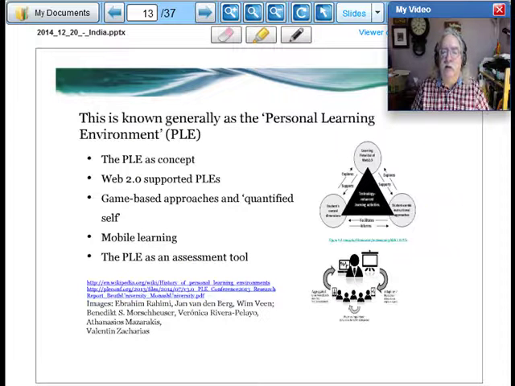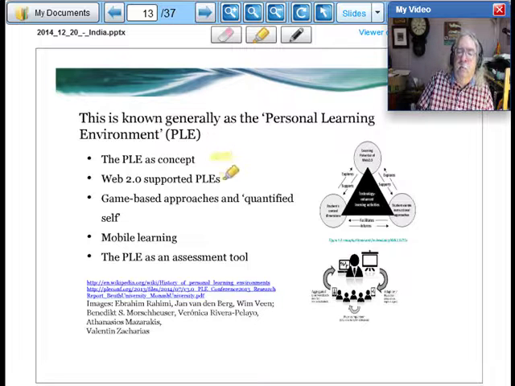So this approach is generally known as the personal learning environment. This is a generic concept. It does not yet refer to a specific thing. There will never be a single application which is the personal learning network, because there are different parts to it, right? There's the part that the learner has. There's the part that an institution might have to share resources with the learner. There's the part that a company might have. There's the part that might be a third party kind of application, like a discussion board or a chat room or a synchronous conference like this.